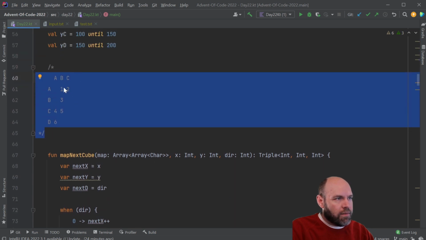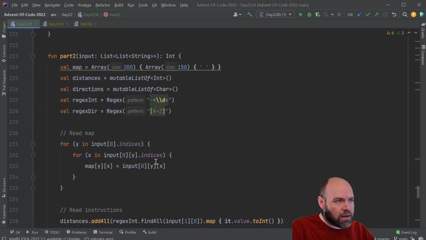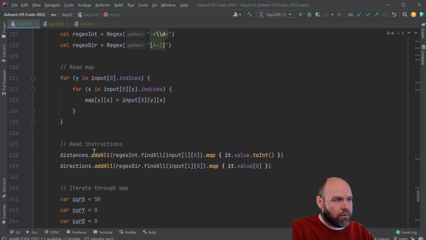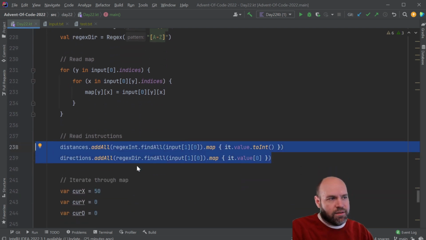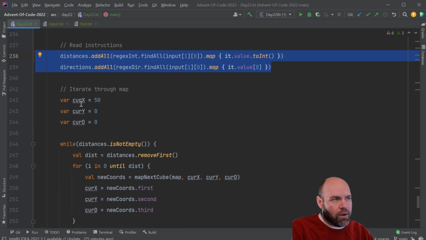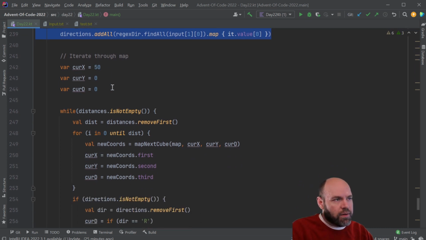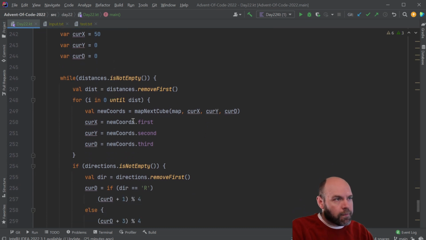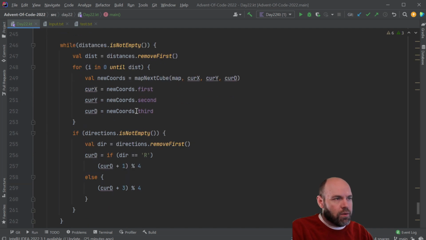Think of this as the top, this as the right, this as the front, this as the bottom, left, and back. The input functions are exactly the same. We take in our array and our distances and directions exactly as we did before. We need to change our starting position because we no longer have the freebie of just moving to the right. So I had to go find what that is, but I manually programmed it because I'm only running it on my input. Then the same loop as before: while distances is not empty, pop the first one